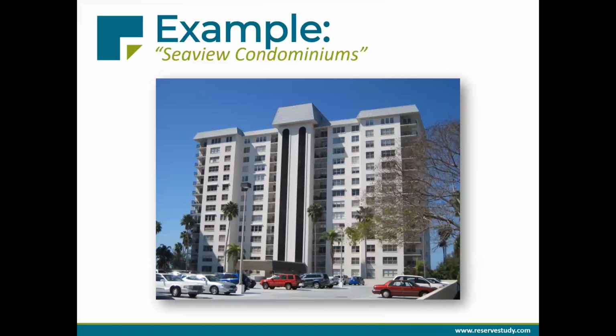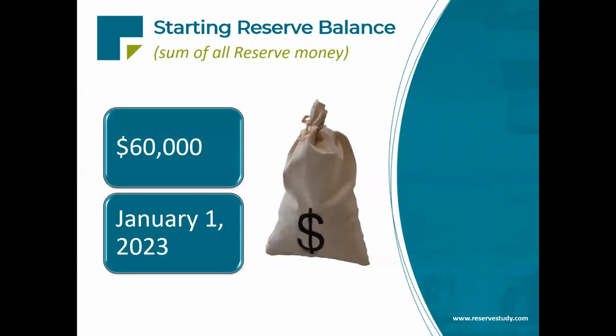All right, so just to hammer this home, let's do an example together. So let's all pretend that we're on the board for this property we'll call Seaview Condominiums, and we want to calculate percent funded for our association as of the start of next year. Pardon the typo there, that should say January 1st, 24, but you get the idea. Now that we understand a little bit about percent funded, remember the first thing to do is to establish the starting reserve balance for the upcoming year. Okay, so if we know how much is going into the account between now and then, how much we're going to spend, let's say we've done that math, we're going to end up with 60 grand in reserves going into next year.